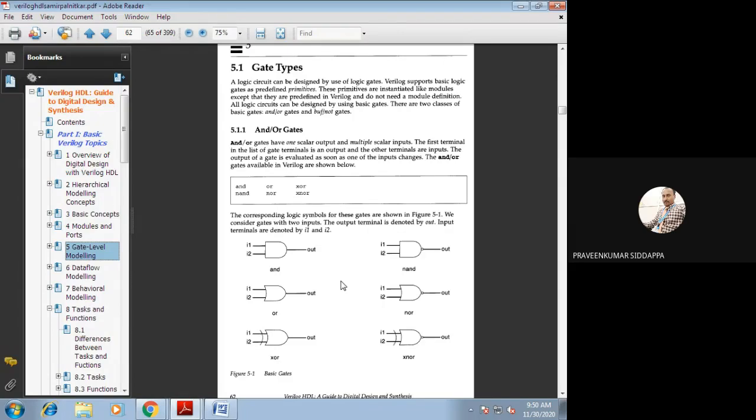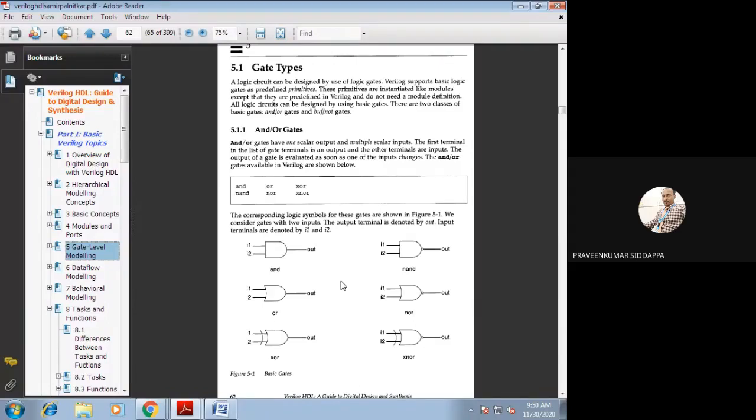All AND/OR gates have only one output, so because of that reason the first one should be the output. The remaining variables act as inputs. That is written in your slide. The first terminal in the list of gate terminals is an output and the other terminals are inputs.